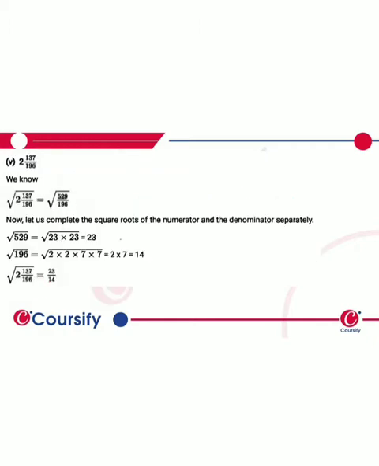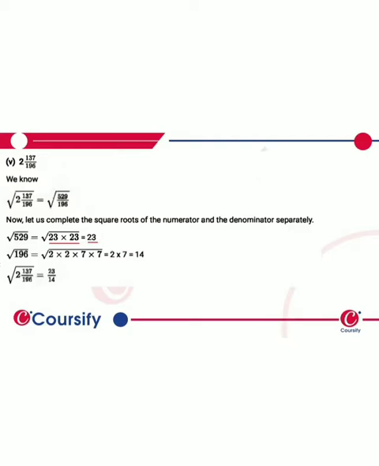Question 1, part number 5. So in this we have a mixed fraction. So 196 into 2 plus 137 gives us 529, and in the denominator we have 196. So we'll separately solve the denominator and the numerator. For the numerator, that is 529, we have the factors 23 into 23. So this is a common pair, so we'll take the 23 out of the under root.